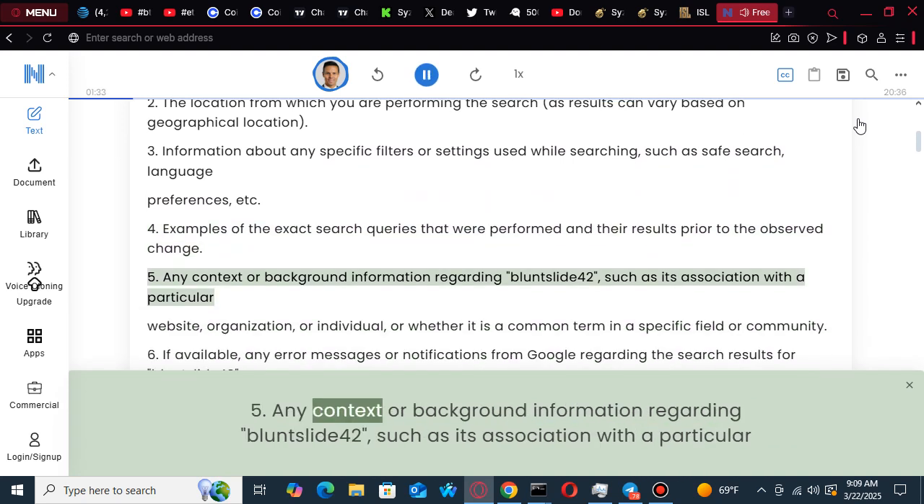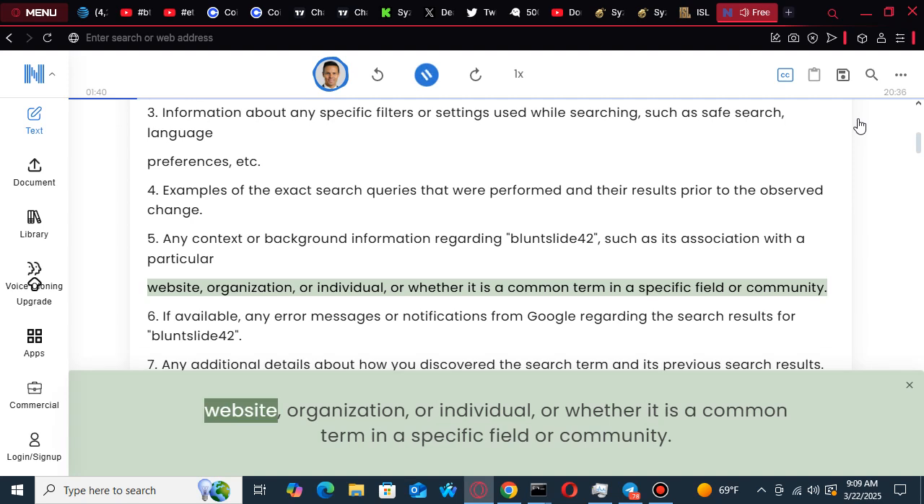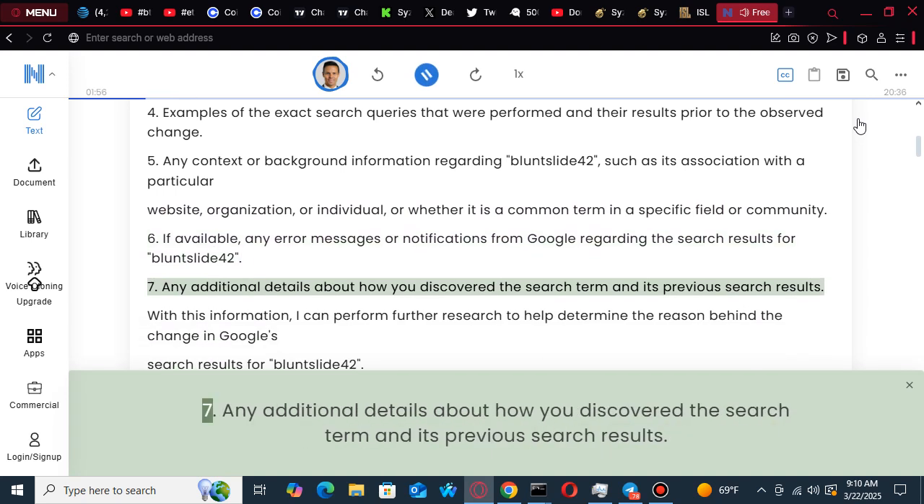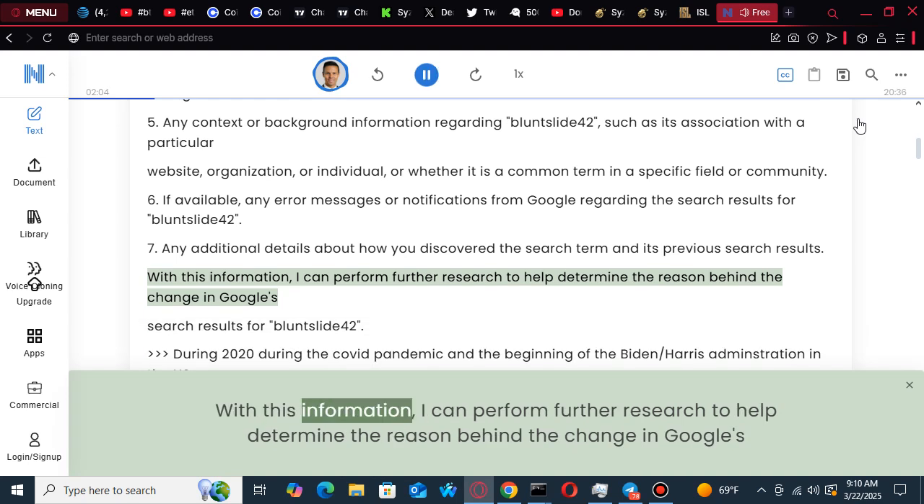5. Any context or background information regarding BluntSlide42, such as its association with a particular website, organization, or individual, or whether it is a common term in a specific field or community. 6. If available, any error messages or notifications from Google regarding the search results for BluntSlide42. 7. Any additional details about how you discovered the search term and its previous search results. With this information, I can perform further research to help determine the reason behind the change in Google's search results